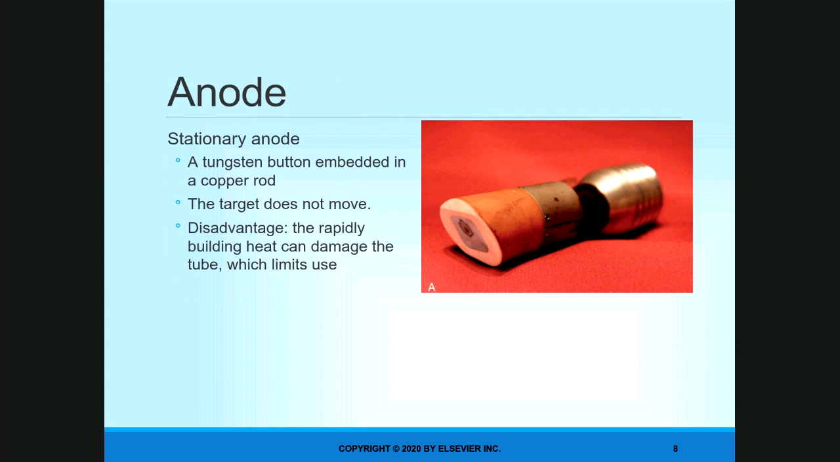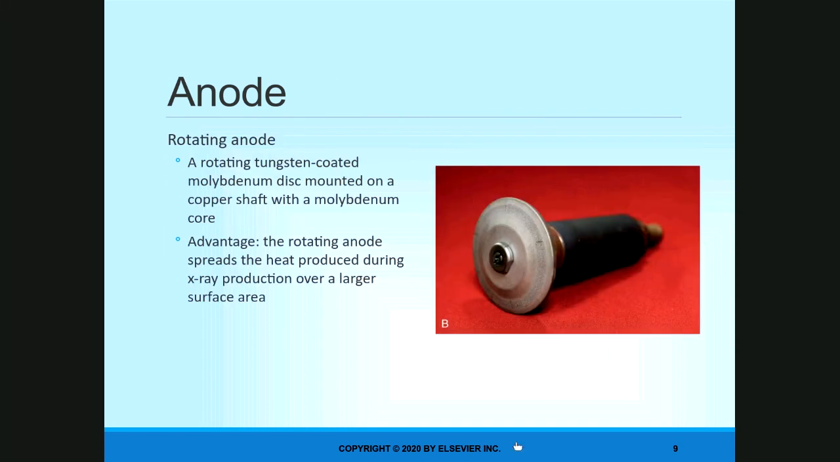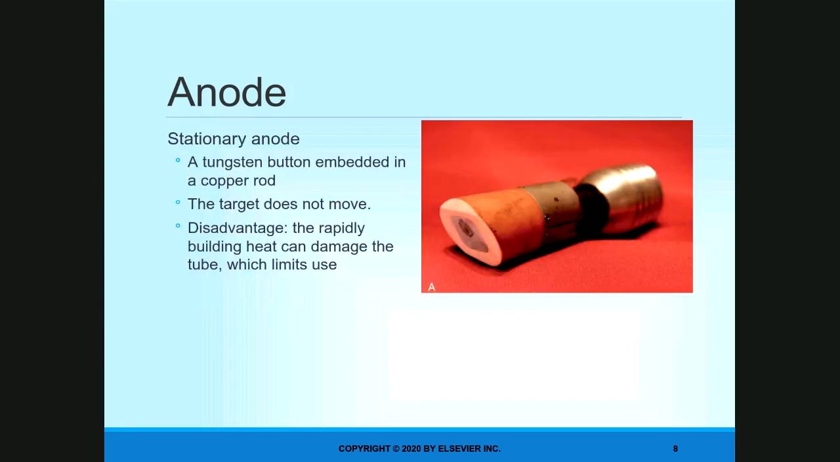Now, we have two types of anodes. We have this, which is a picture of a stationary anode, and we also have what's called a rotating anode. And this is way more common in our general purpose tubes. This is typically what we use. This is the one that has the induction motor, the rotor and the stators, which actually turn this to help dissipate the heat. But some of the older portable units and most dental units actually have what's called a stationary